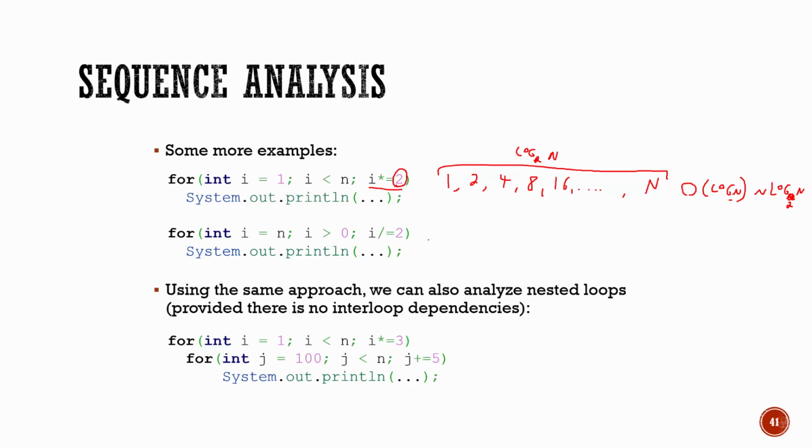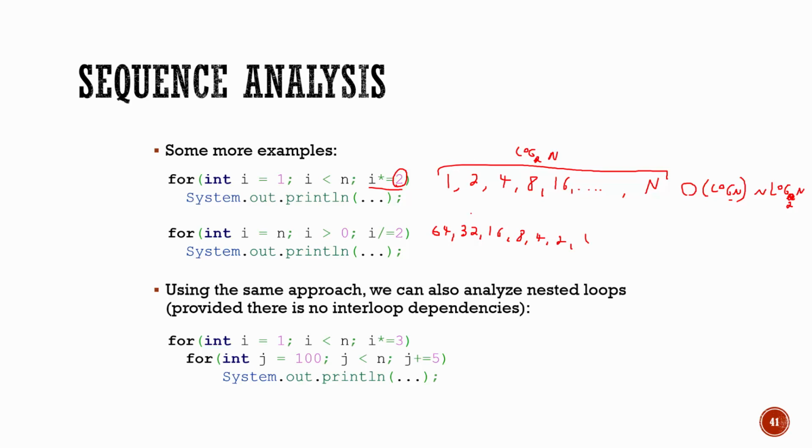Let's do the other one here. So let's go this here. We start at n, and then we go down. So I'm just going to arbitrarily pick, let's just start at some real number. Let's start at 64. So if I start at 64, then I halve each time. So 32, 16, 8, 4, 2, 1. So again, I have the sequence. Notice that basically I'm going backwards from the one up top. So actually, the length of this sequence in the bottom is the same as the one on top, because I'm changing in this methodical way. I'm doubling each time or I'm halving each time.